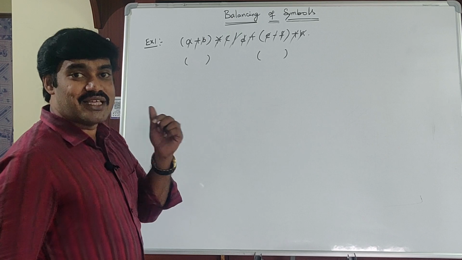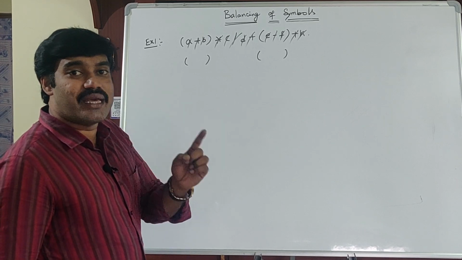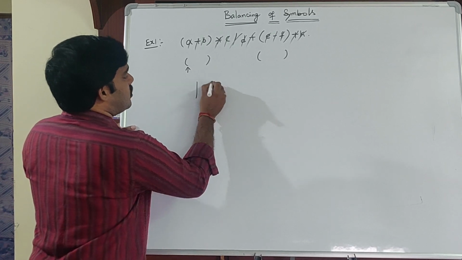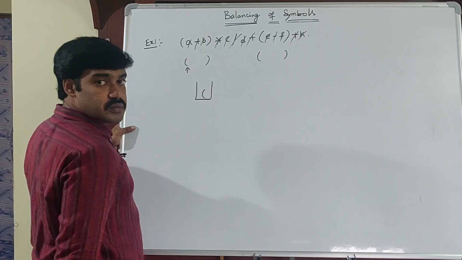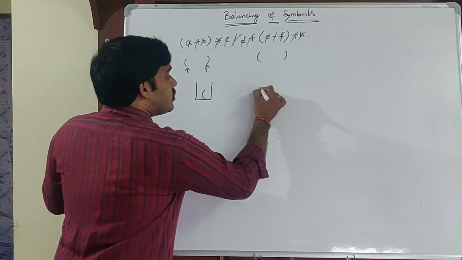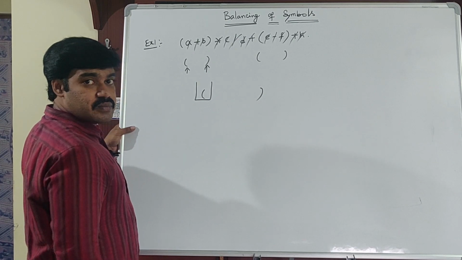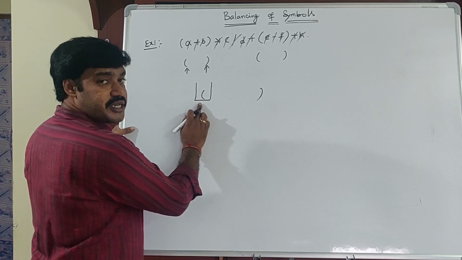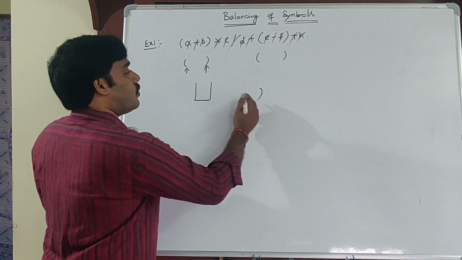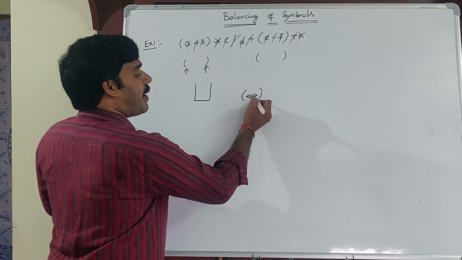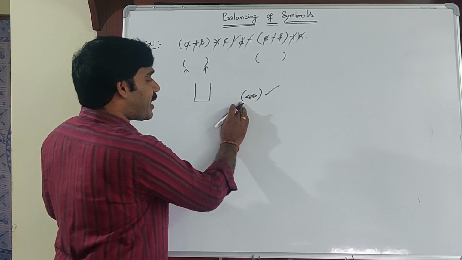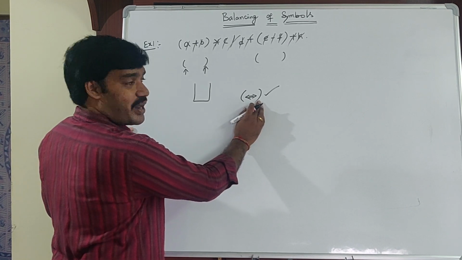Okay. So what is the second step? If it is the opening symbol, then push into the stack. What is the first one? Opening symbol. So push into the stack. Next, what is the second symbol? Closing symbol. When closing symbol comes, what is the first step? If stack is empty, then symbols are not balanced. Here, stack is not empty. Then pop this one and check whether these two are balanced or not. Yes, these two are balanced. Why? Because opening parenthesis should have the matching closing parenthesis.